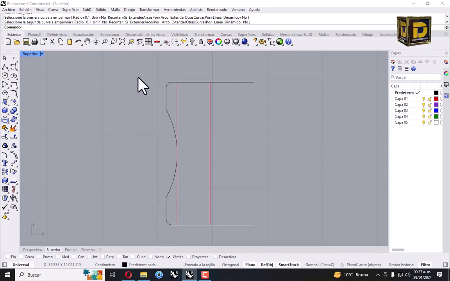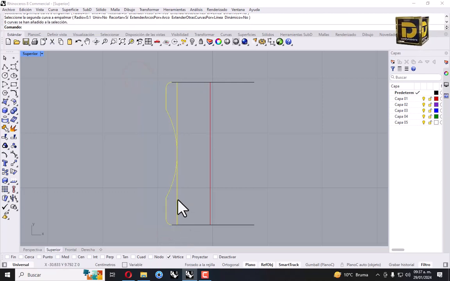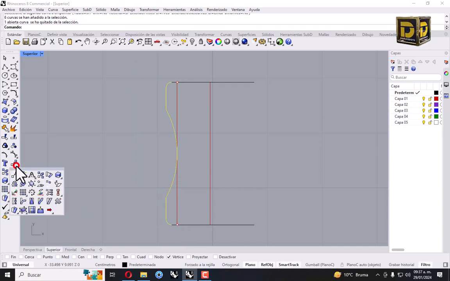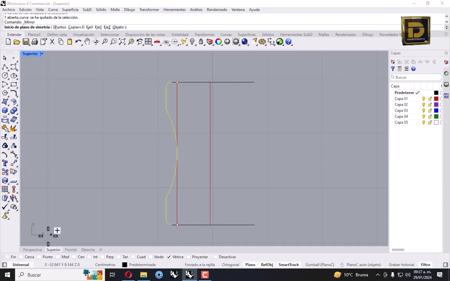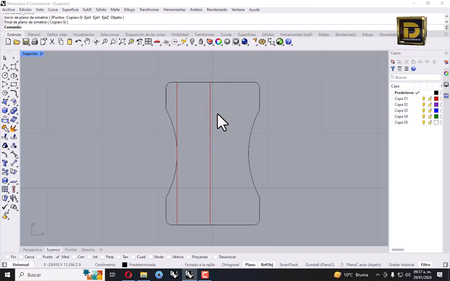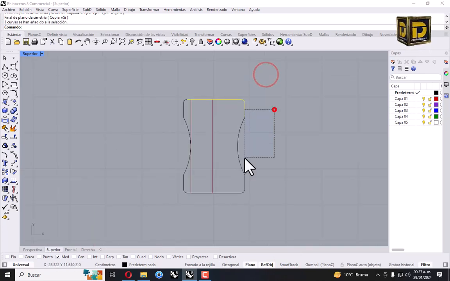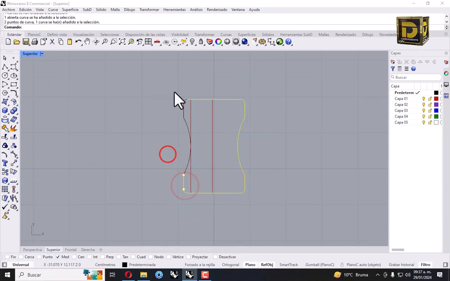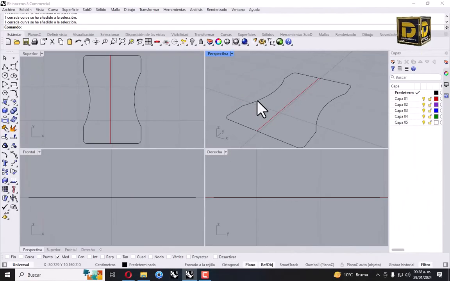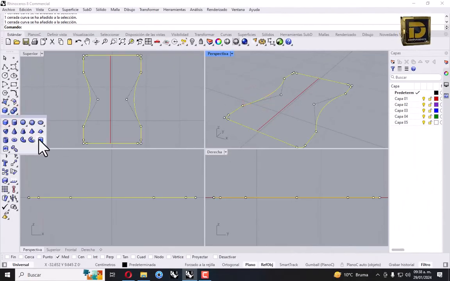Okay, select these curves, go to mirror, click in this midpoint, let me see, okay, select these curves and join. We can delete this curve, select this vector and go to extrude. Extrude closed planar curve,